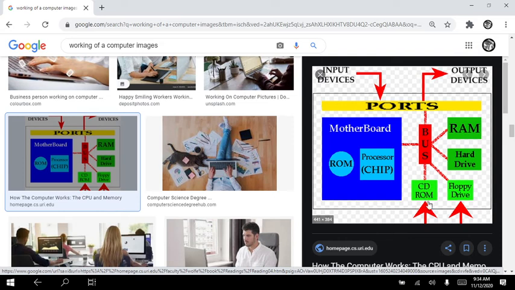Here it works like this: CD, floppy and all those things, it processes it and gives the output. So this is the working of the computer. You give the input, it processes it and it gives you the output.